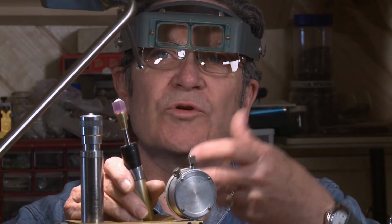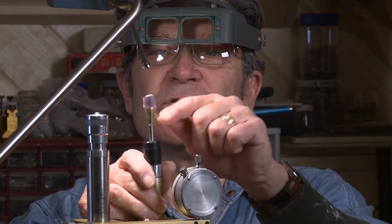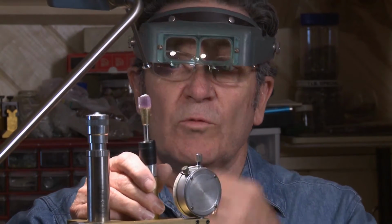So he taught me to cut the bottom of the stone first, so we're sure to get the proper angles on the bottom where the light is reflected. And that then puts the stone, a brilliant stone, as it gets done. So that's why I always cut the bottom of the stone first, and we'll switch to the top at a later time. But right now I got the first 56 degree angle cut,